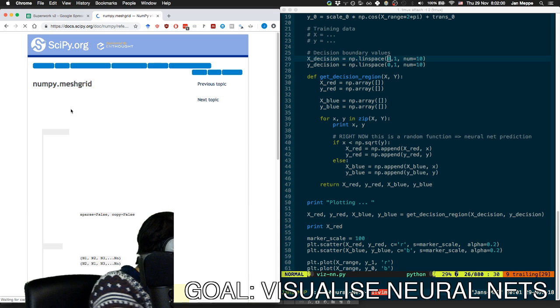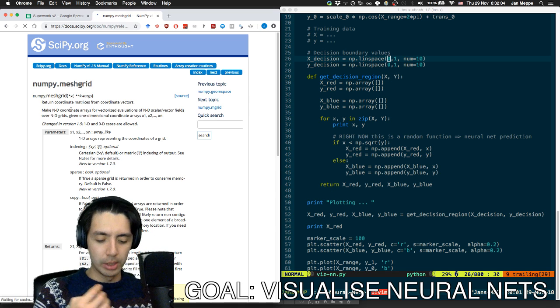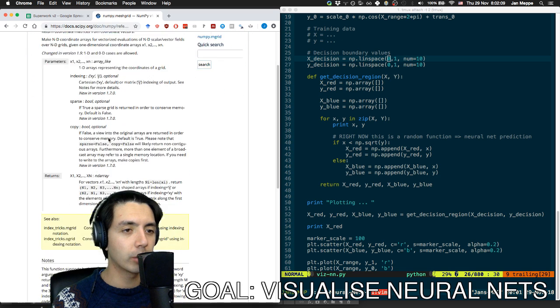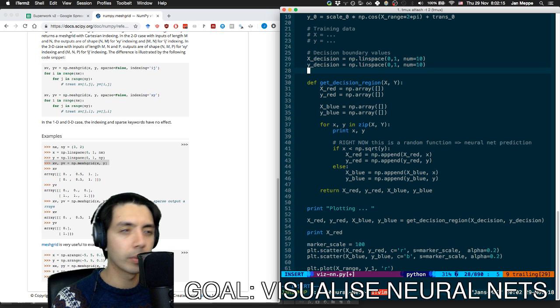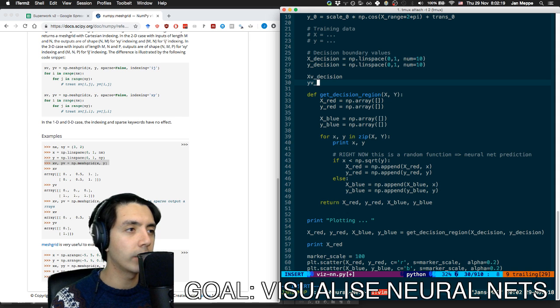Let's see how much time I have left. I have 60 seconds left. Okay, so 60 seconds of figuring out what a mesh grid is. Mesh grid. We'd used that already. So we had the linspace, and then we can do xv decision and yv decision equals